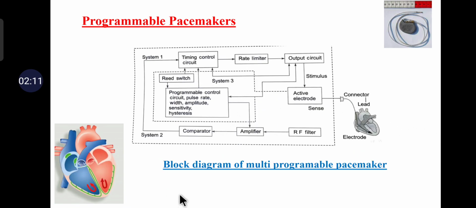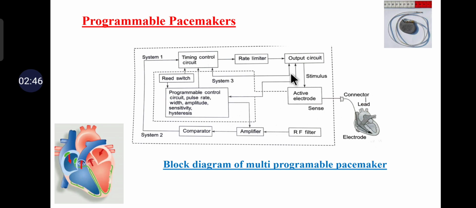So this shows the multi-programmable pacemaker. The block diagram contains system 1, system 2 and system 3. So you can see system 1, system 2 and system 3. Usually system 1 controls the main timing function, the timing control and the rate limiter, and there is one output circuit and the stimulating function of the electrode,